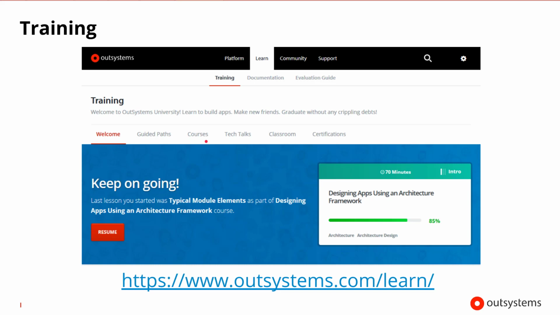One is to go to the Courses tab inside of the training area. So inside of OutSystems, there is a Learn page that has training, documentation, and evaluation. And inside of training, you'll find a large list of courses underneath the Courses tab. So there are other courses related to mobile app development, and there are courses like this one, which is designing apps using an architecture framework. So if you're interested in more architecture and things like that, you can find a lot of interesting courses under